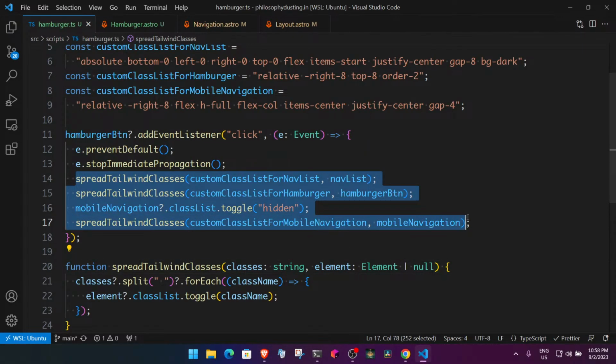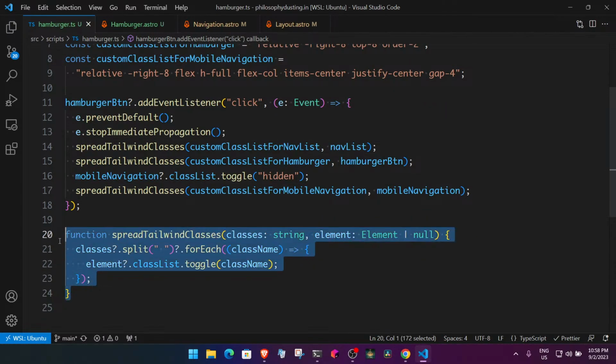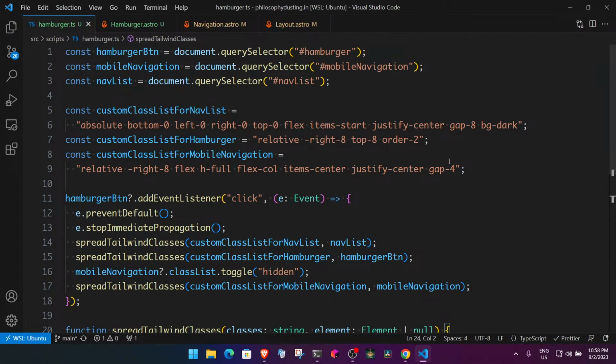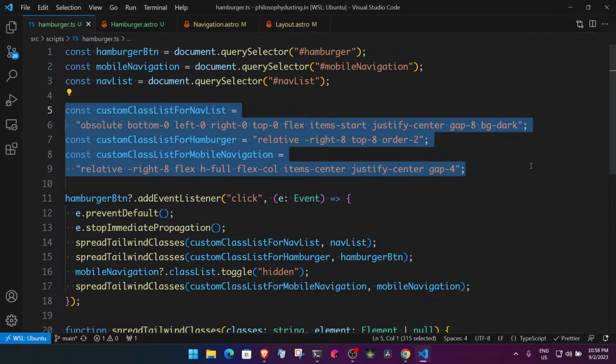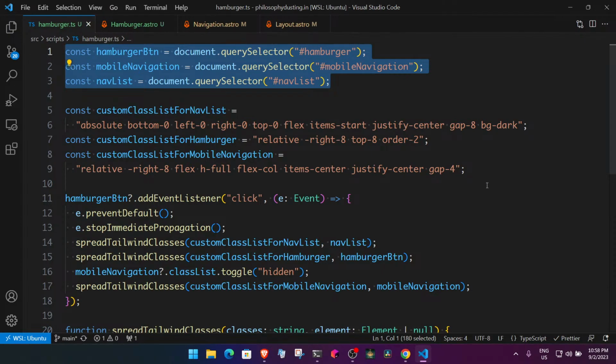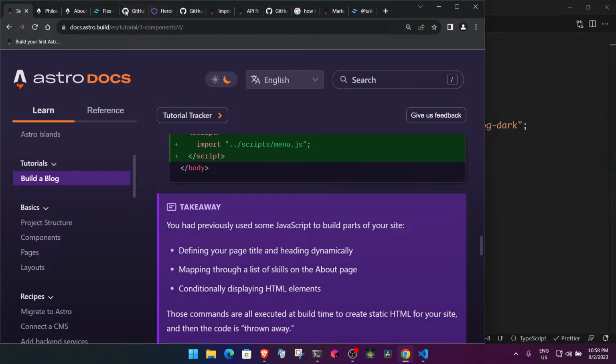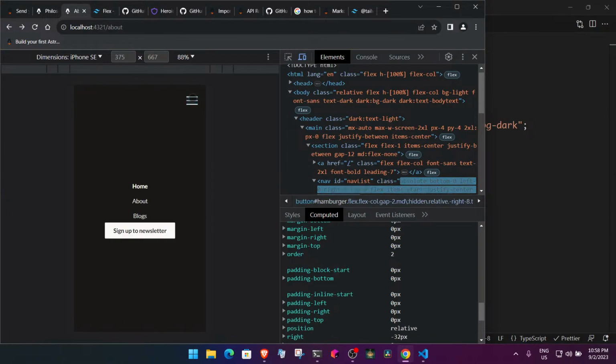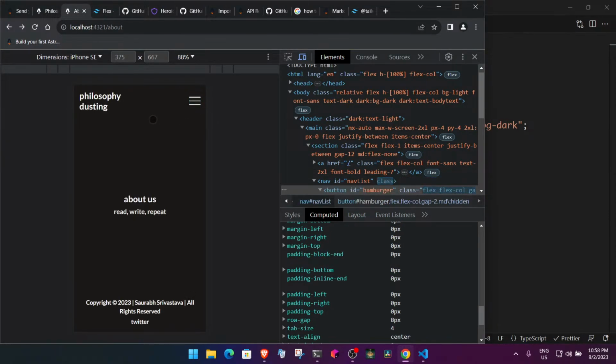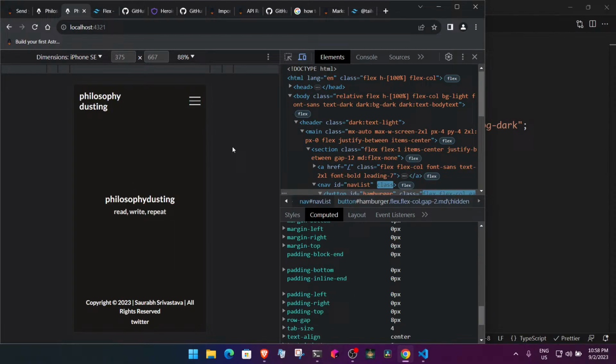Like this is much more readable now. What exactly I'm trying to do here, this function will take care of it. These are the classes that I am looking into. These are all the things that I'm actually fetching, at least for this hamburger menu. I don't know, maybe, see, it is working fine. Basically what I'm saying is